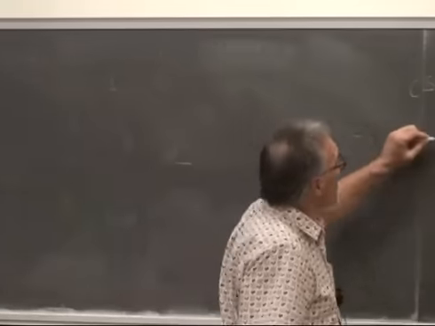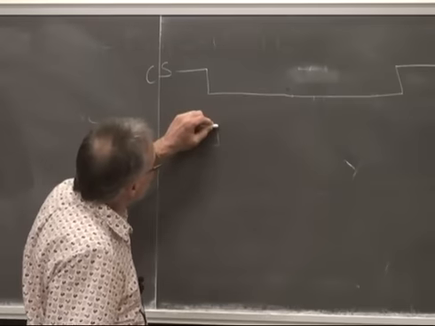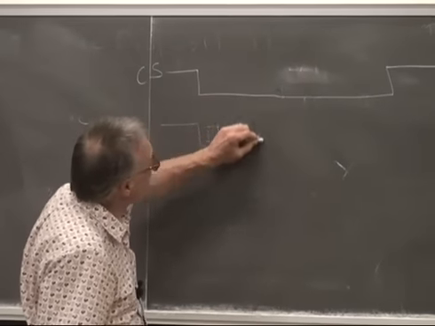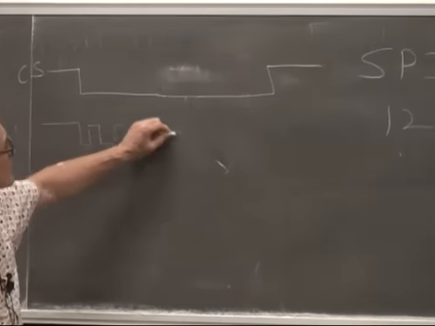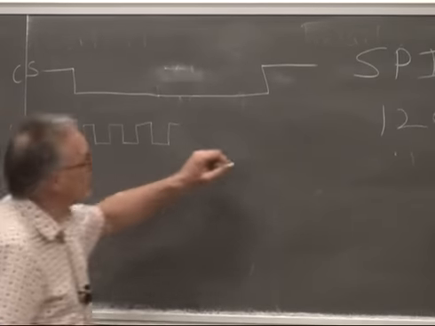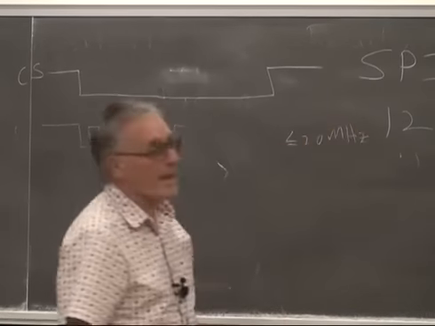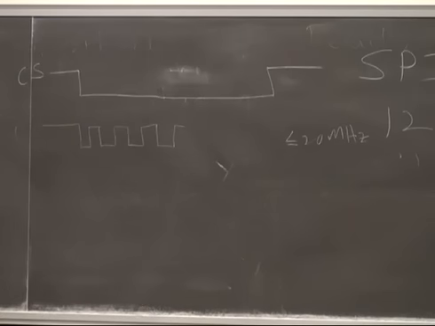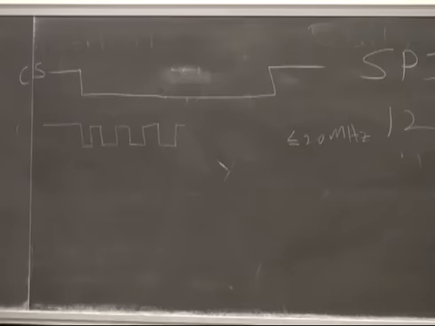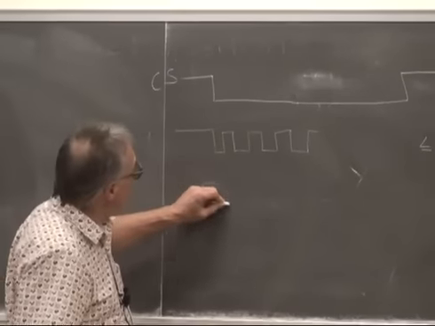At the same time, the PIC32 will be starting to generate a bit clock. This is the clock that has to be less than or equal to 20 megahertz for this lab. And starts to send data out of